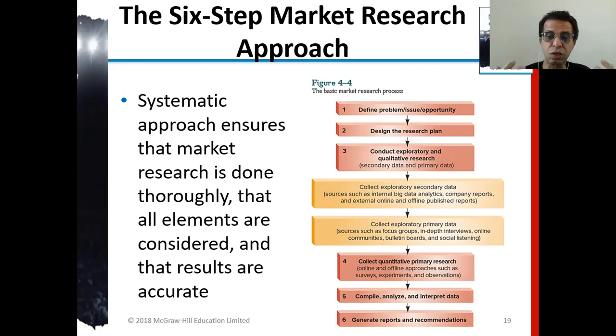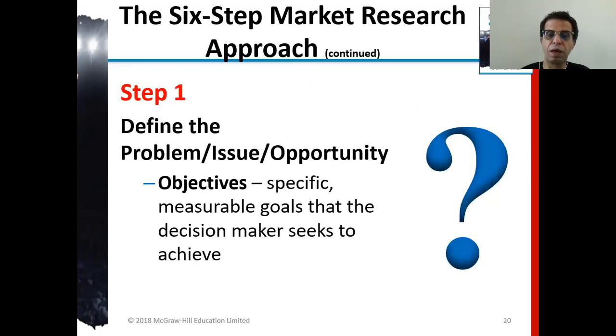Because if you're not considering the elements, then you have a marginal error you need to correct. What's the chance of something not applicable? So on the first step, what we do, we sit and we define if we have a problem, why we're not selling up to the standards in this country, for example, or this region. Or we have an issue we need to fix, improve the quality of the product so we can increase the price. Or we're looking for an opportunity.